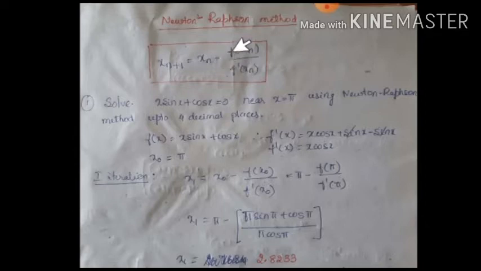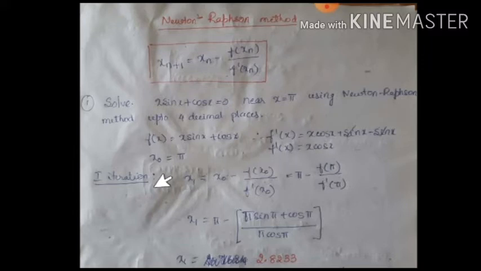Since in the formula of Newton-Raphson method we need to find out the derivative of the function f dash, hence find the derivative of the given function f dash of x. Here product of two functions of x is there, hence apply product rule. X as it is, derivative of sin x is cos x plus sin x as it is, derivative of x is 1 plus derivative of cos x is minus sin x. Here observe that sin x will get cancelled, so we get only f dash of x as x cos x.